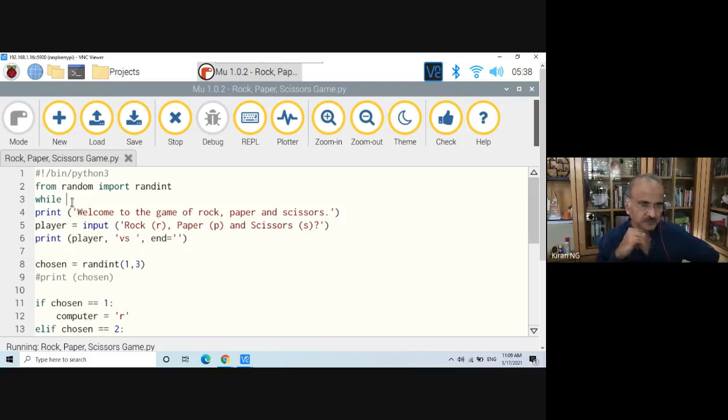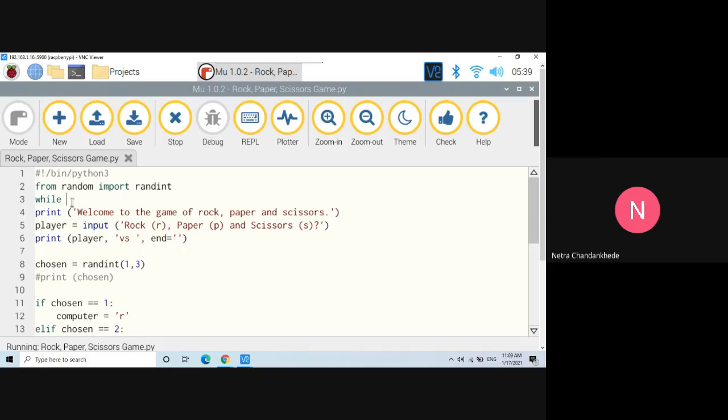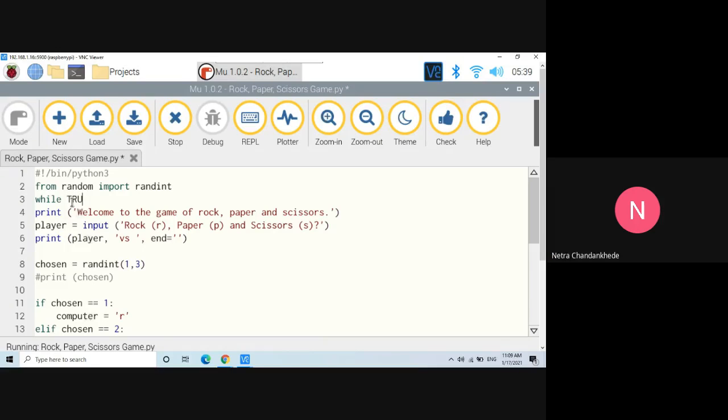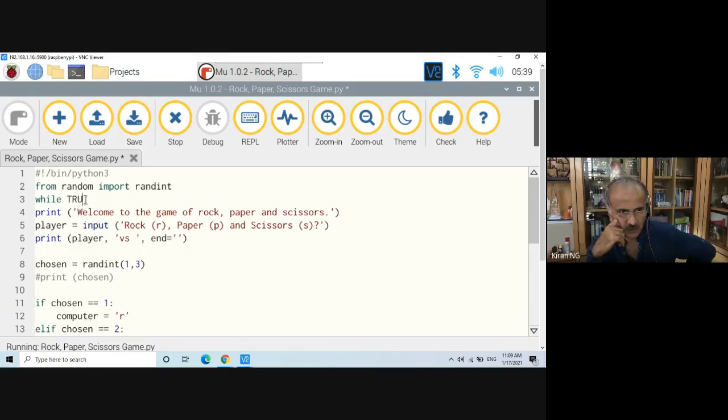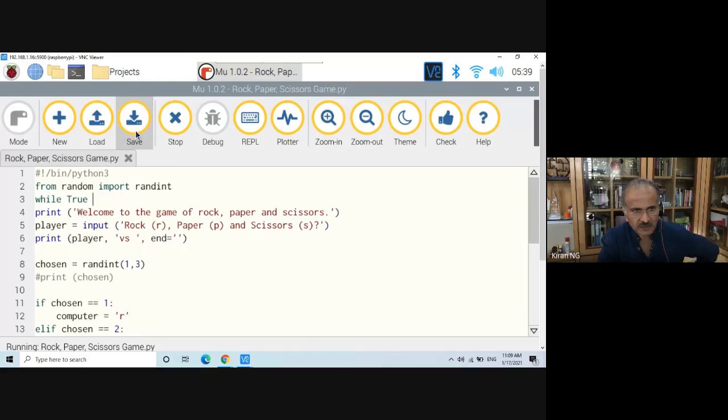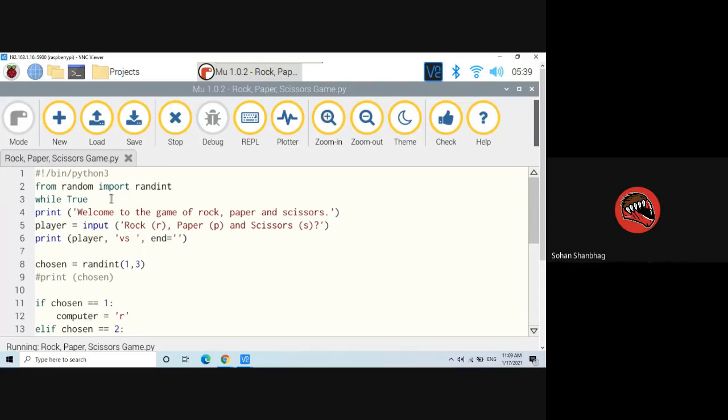That is right. So could you type true? Capital T, capital T, RUE. Sir, can we use one instead of two? Yeah, you can. But this is more readable, no? Then we need a colon. Give colon, that will be wrong because she has to put a colon after that. It's colon, and you have to indent the rest of it.